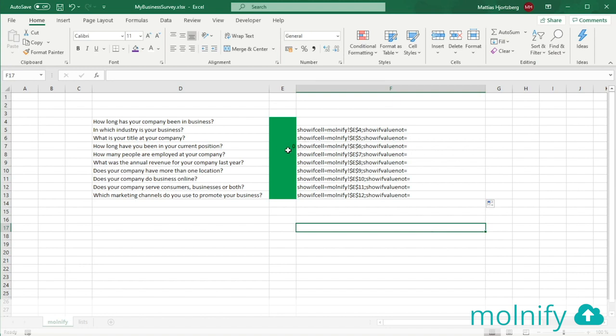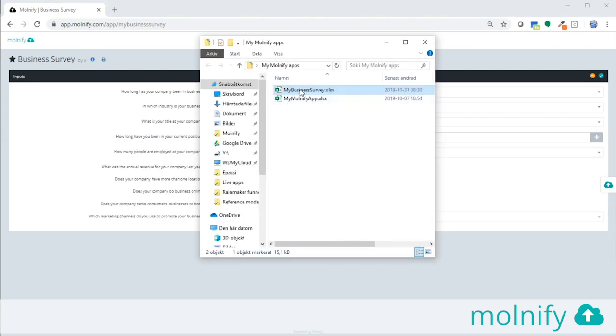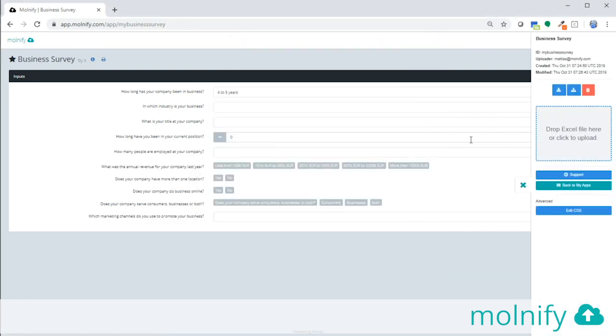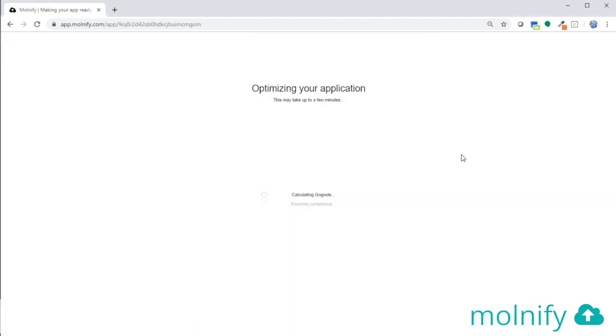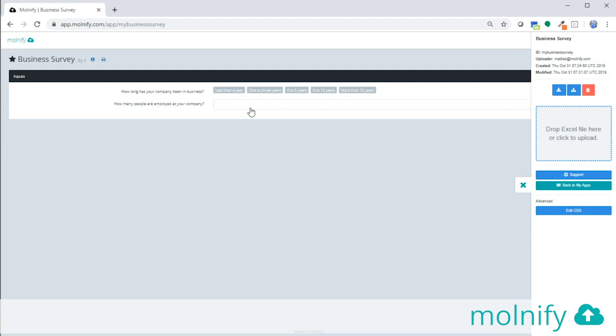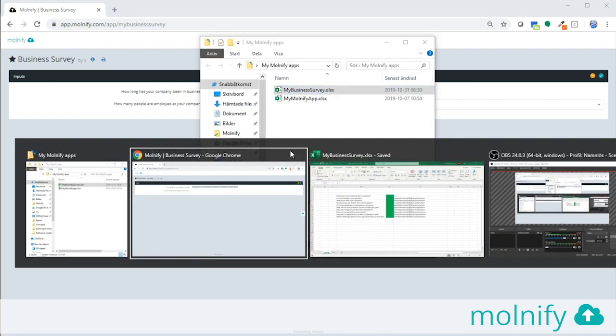Okay, so let's upload this and see what happens. We'll head over to Molnify and we will grab the file. Oh, first we have to click out the sidebar, and then we grab the file, we drag it over, and now you will probably see, well, yeah, two inputs. We will see this one and this one. And the reason we're seeing this is because